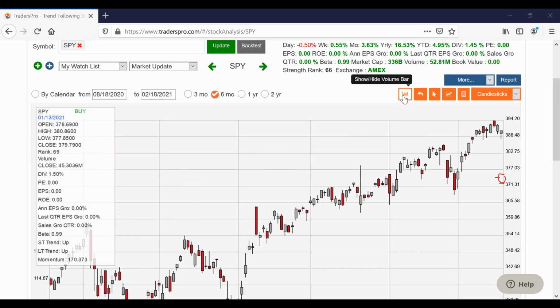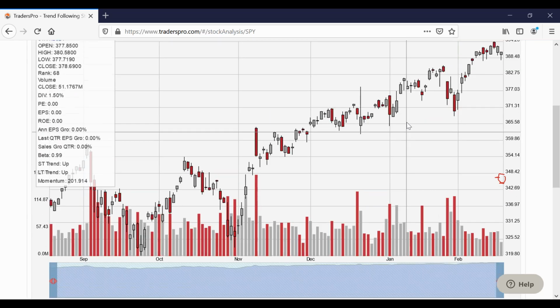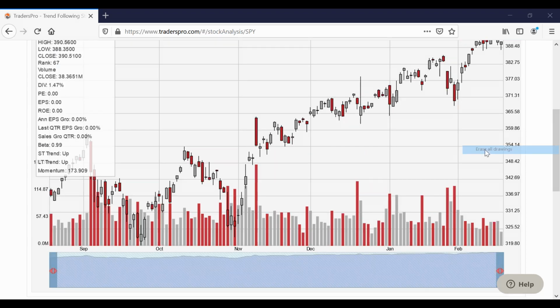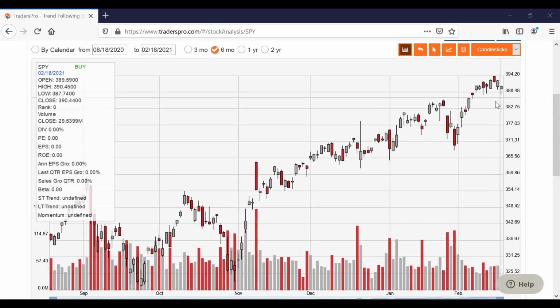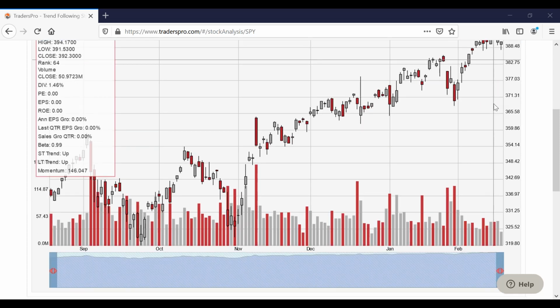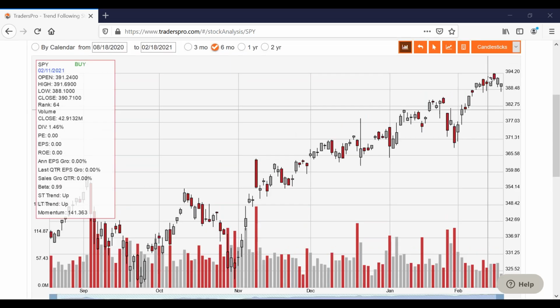Let me put the volume bars on here. And it's hard to tell. It looks to me like volume will be equal to the last few days, or maybe even a little bit lighter, although sometimes the bars on the chart lag a little bit. But if it has that reversal on lighter volume, then that would not be good. You'd like to see heavier volume on a bullish reversal day.